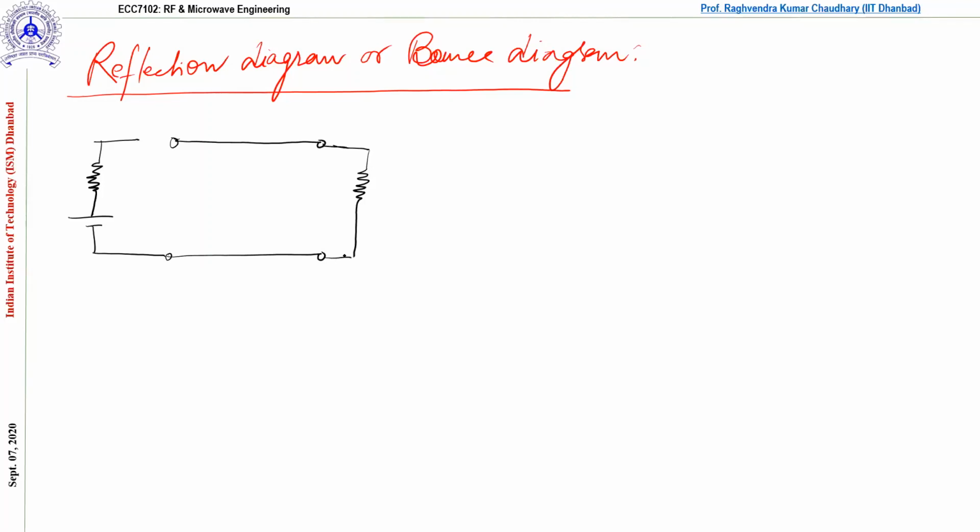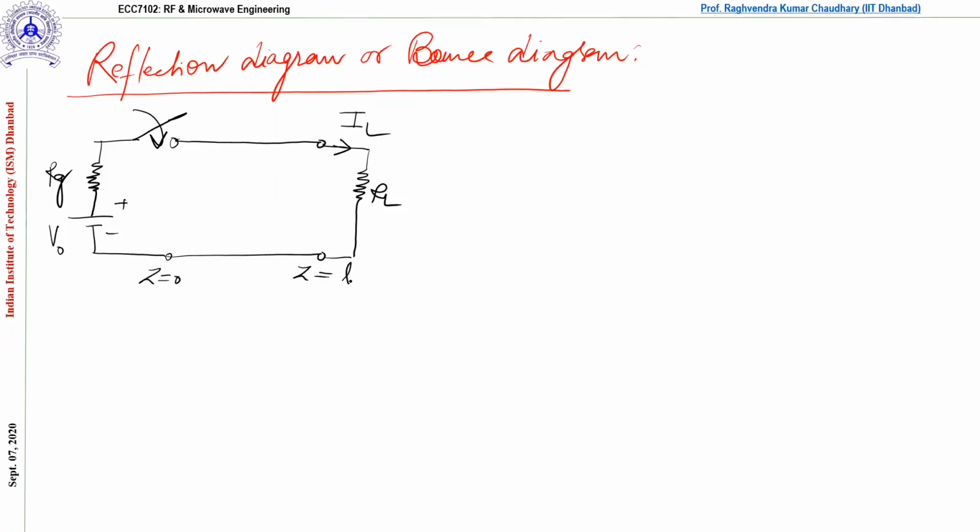First, we need to build a base, that is, how we can draw this kind of diagram and how we can analyze it, and then we'll switch our discussion over to complex loads. We need to understand step by step, otherwise it will get mixed up. So first we'll do the resistive load. This is a very simple circuit by which we can analyze. Even in circuit theory, we solved this kind of circuit many times.